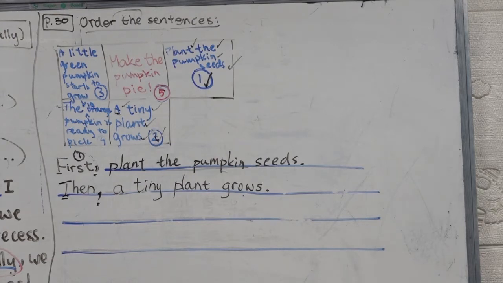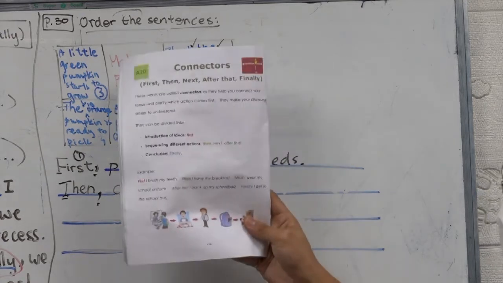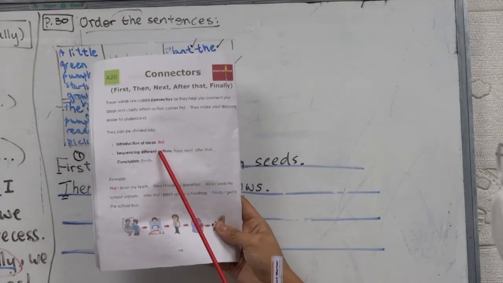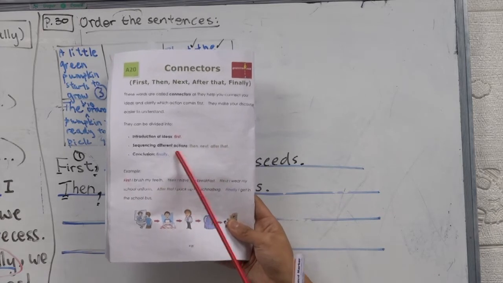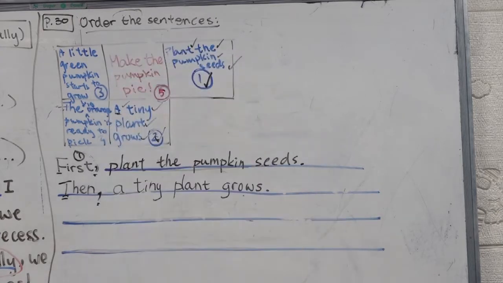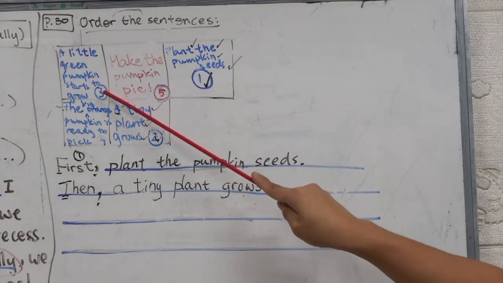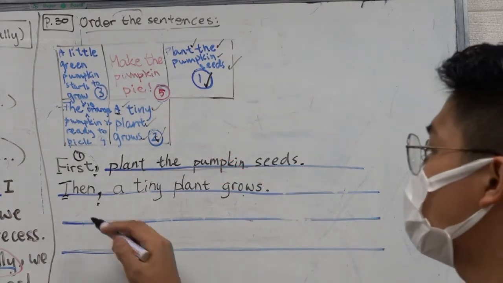Alright, now let's do picture number 3. What comes after next? What comes after then? Oopsie, I gave you the answer, right? What comes after then? You can take a look at page 28, okay? So we've already done first, we've already done then, after then is next, after next is after that, is finally. So now we have to write down next. So number 3, you are next, okay? So next is